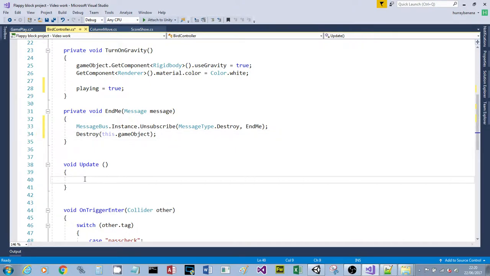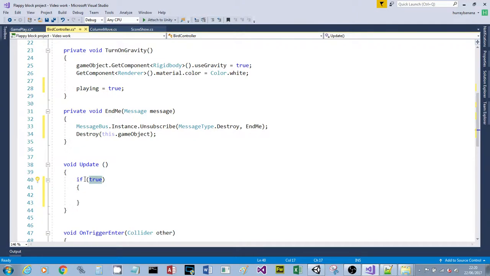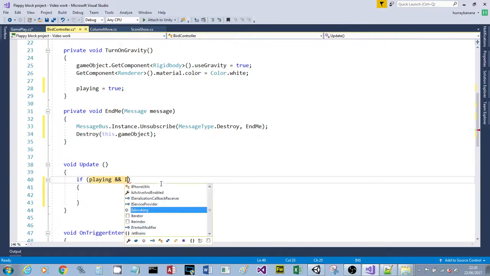Okay, so in the update routine, we're going to type if. Now, you'll see that something pops up on screen. It says tab twice to insert the if snippet. So we're going to press tab. Okay. Now, it's put the brackets in and it's put braces in for us, which is very nice of it. Inside the brackets, it's already highlighted the word true, but we're going to get rid of that by just typing playing. So if we're playing, then we're going to say and, which is ampersand, which is shift 7. Okay, so we say if we're playing and the user's pressed the space bar, which is the key we're going to use. So we indicate that by saying